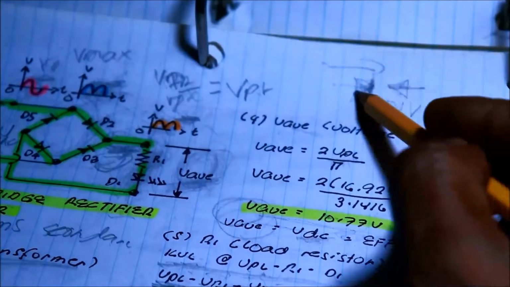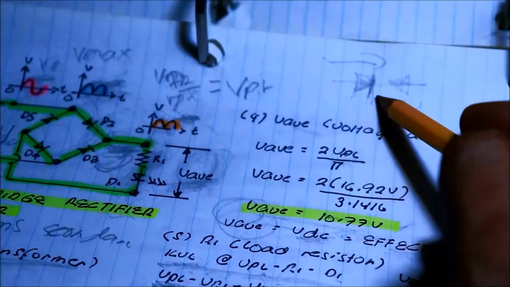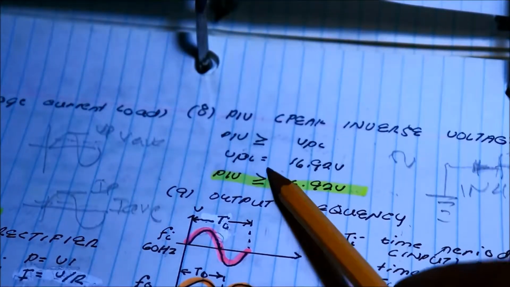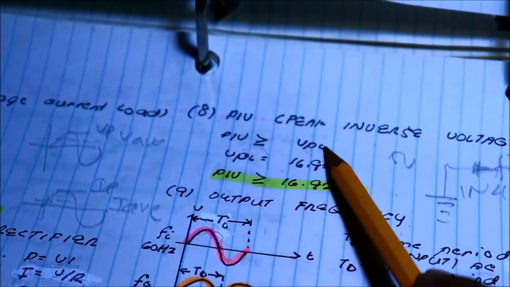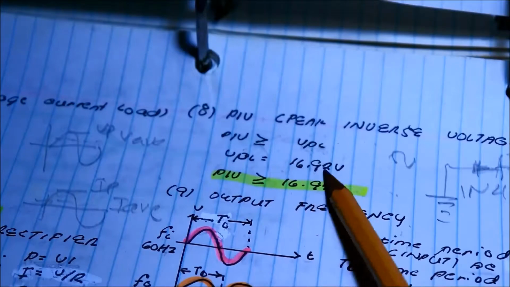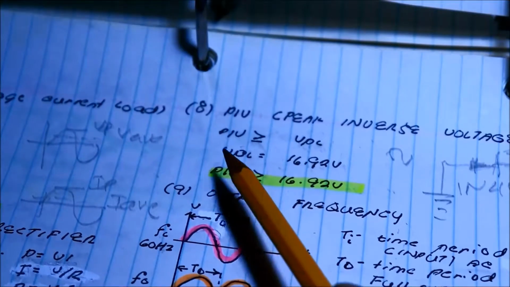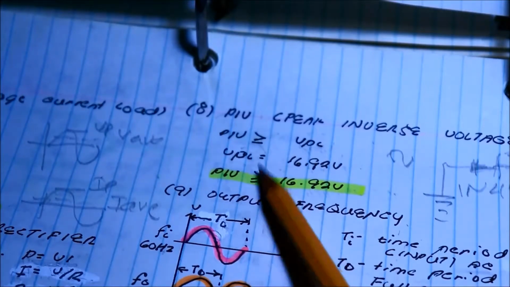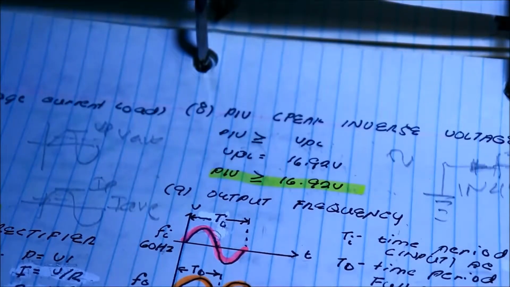What is the value of that voltage? Should be greater than or equal to the voltage peak of the load. Voltage peak of the load 16.92 volts. Therefore, peak inverse voltage is 16.92 volts, greater or equal to. That is the requirement of the peak inverse voltage. For